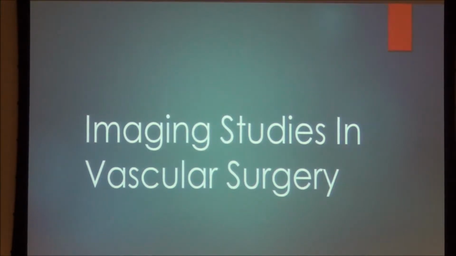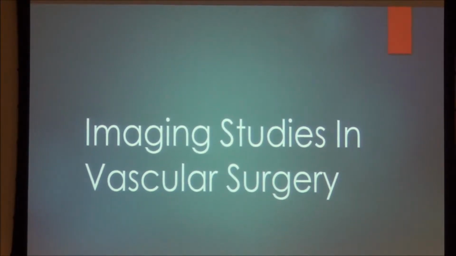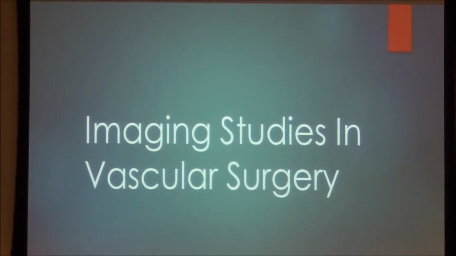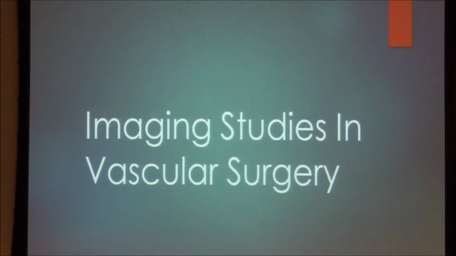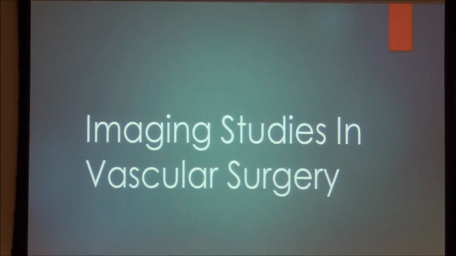For example, a patient comes to your office with claudication or pain in the lower extremity. You want to know if there is a vascular problem, or is it a back problem, neurologic compression, or anything related to muscle spasm. So I think ordering a physiologic test will be your first bet, or first test that you want to do. And if there is a vascular problem, what level, what location we are talking about. But let's stop there. Before jumping into